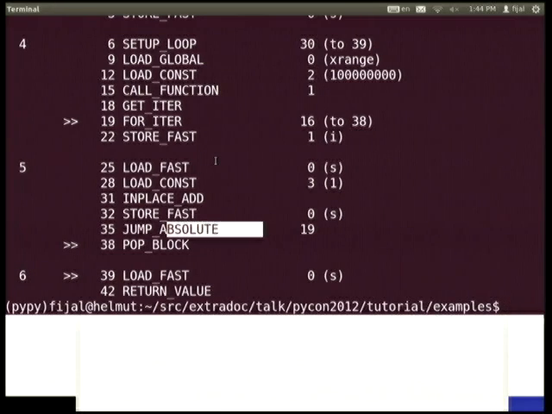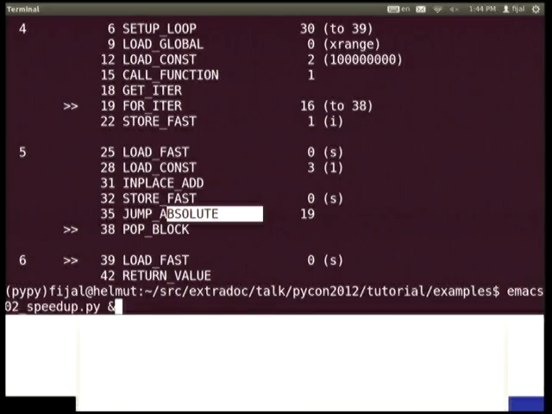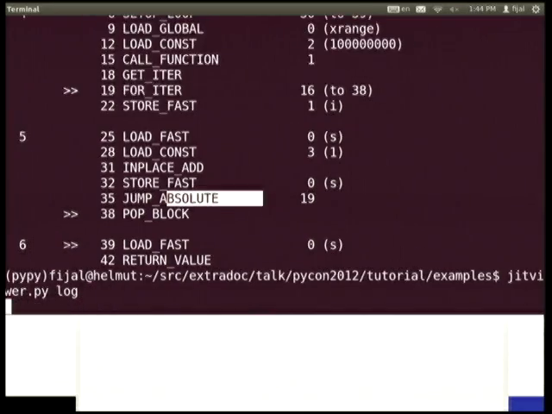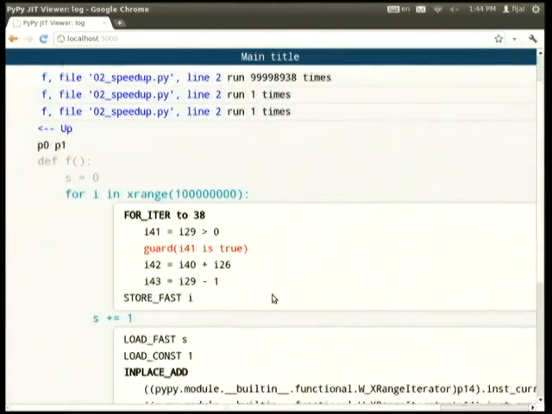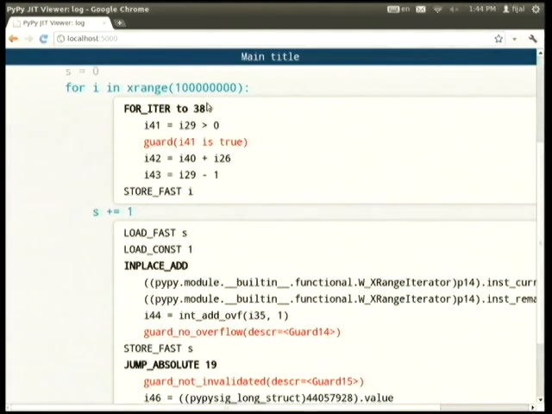I have a special tool that will display what PyPy actually does, and this is the display. So this is the source code. We have the xrange, and those are Python bytecodes, and those are operations that happen in the assembler.